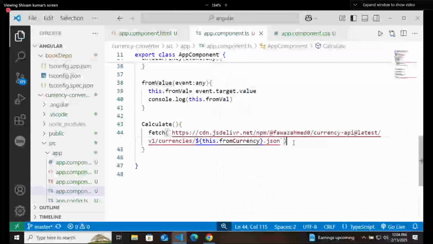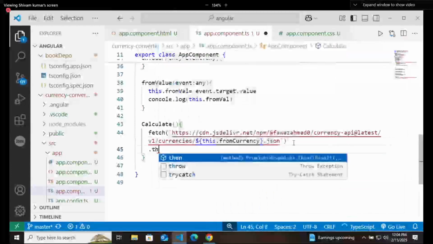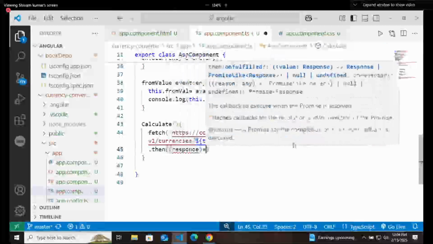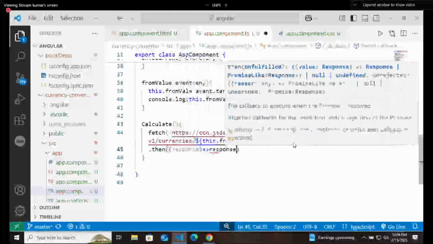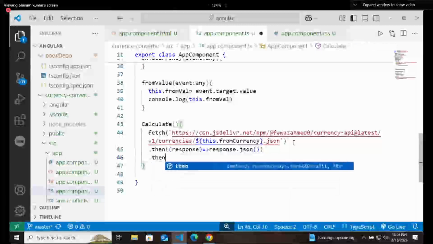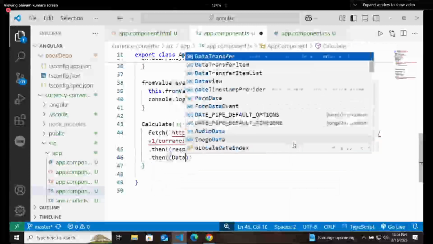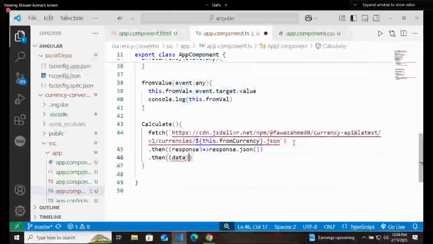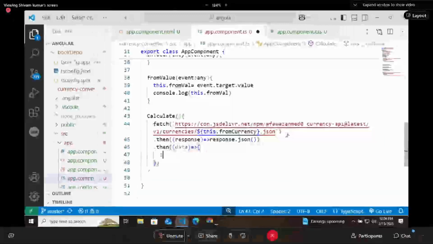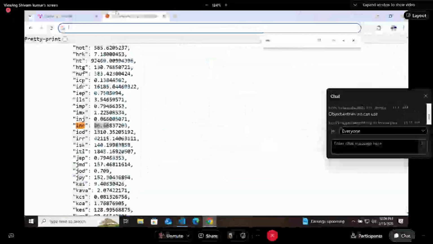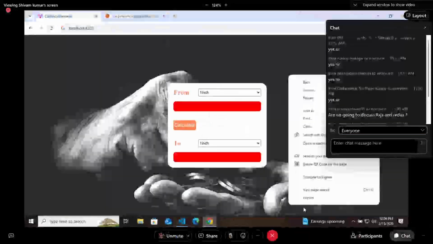Same thing again, dot then, it will have a response, converting that response with response dot JSON, and then after dot then you get the data. It will print that data to the console. That's it. Now you should get the data of the currency whatever you are selecting here.